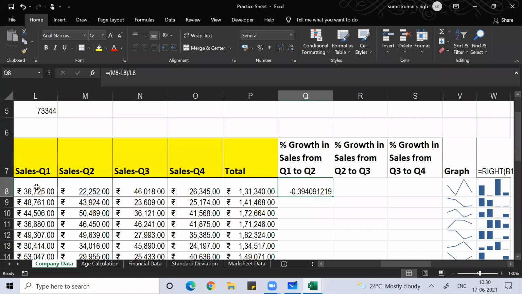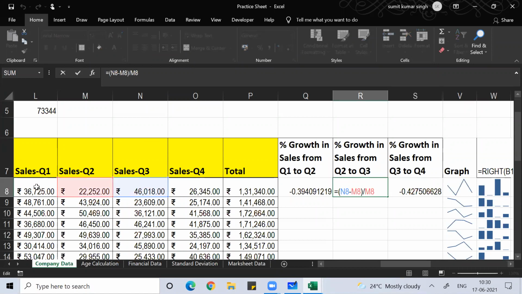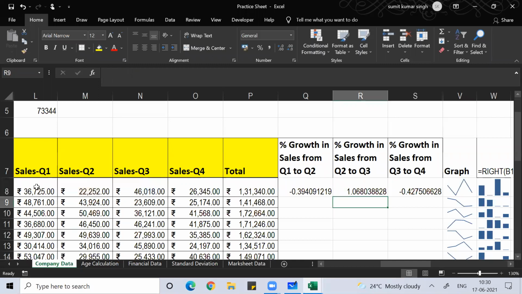Similarly, once you do this for quarter one to quarter two, for finding quarter two to quarter three you don't have to do it again, guys. Simply go here, press Control V. Go there, Control V. Instead of Control V, if you press enter also, that works. If you want to check the formula, press F2. See this, automatically it will be done. I hope you understand.